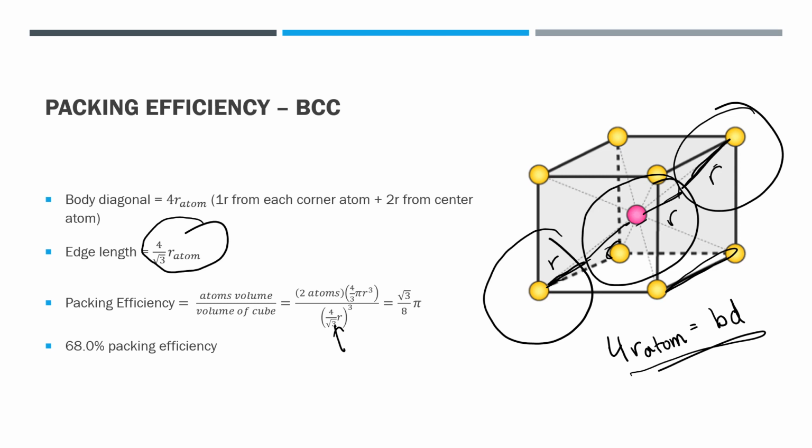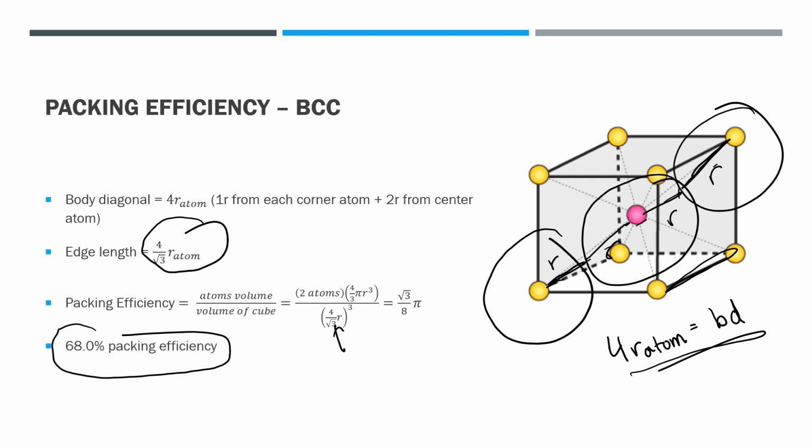And the volume of the atoms: if we take the total volume of the atoms in the unit cell, remember that we only have 2 atoms total because each of the corner atoms is 1/8. So we have 8 times 1/8 for everything on the corner, plus the 1 in the center, gives us 2 atoms total. So 2 atoms times our volume of 1 atom, which is 4/3 pi r cubed. So if we do that, 2 atoms times 4/3 pi r cubed divided by the volume of the cube itself, we get